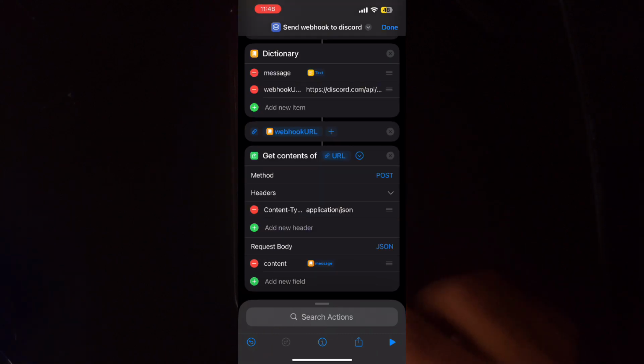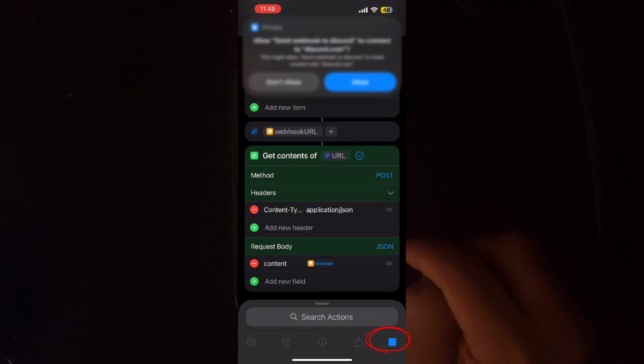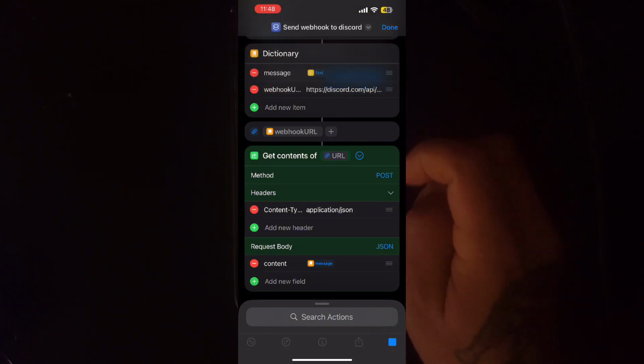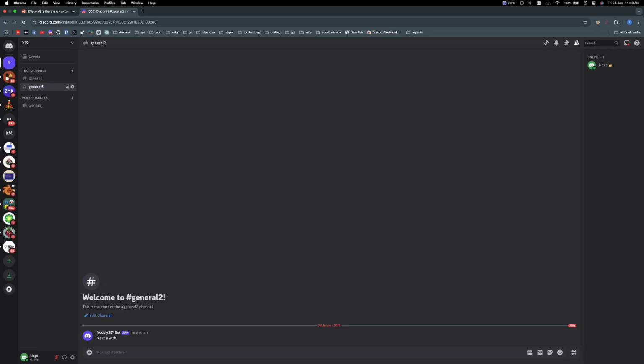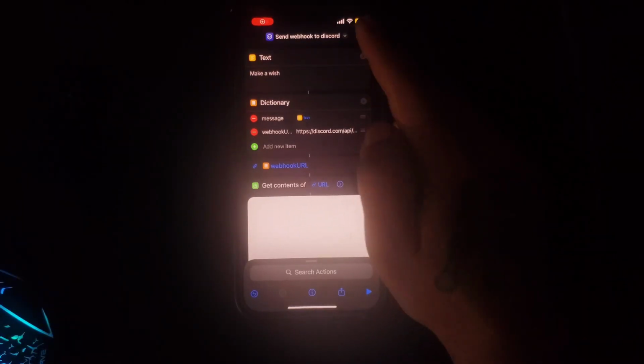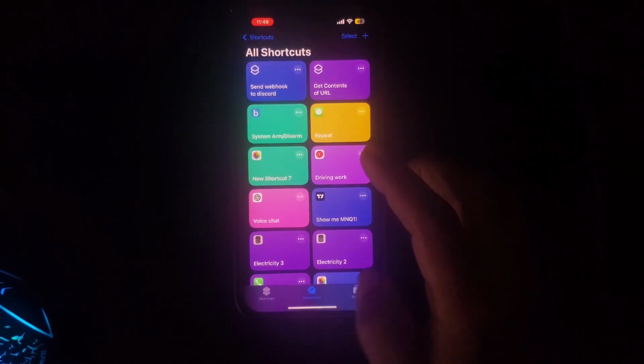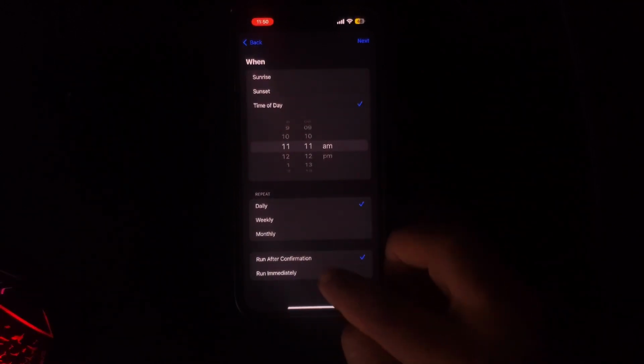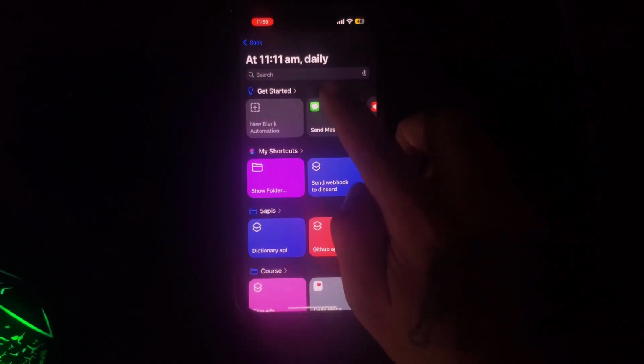I'm just gonna go and press the run shortcut, and it's gonna ask me the first time that, do you allow. I'm gonna say allow, and I got a message on the general tool from a Nubly 387 bot, make a wish. So once that's done, I'll press done and I'll set an automation for time of the day, and I'll click 11:11 a.m. and every day at 11:11 a.m. run immediately. Don't worry about the confirmation. Go next,